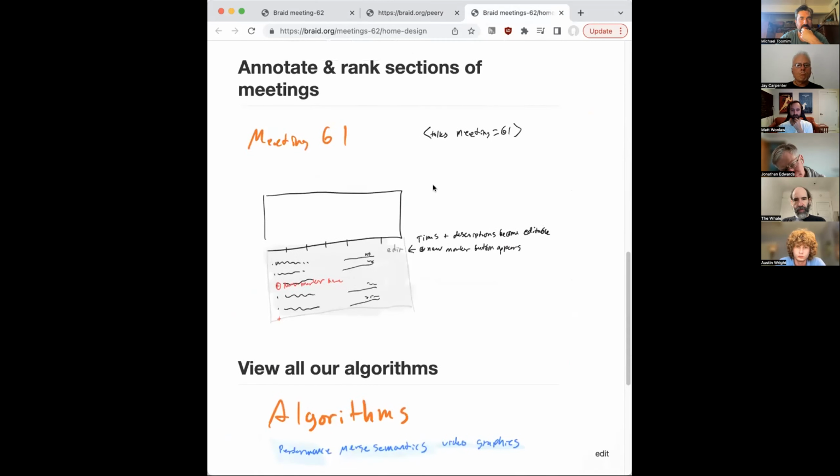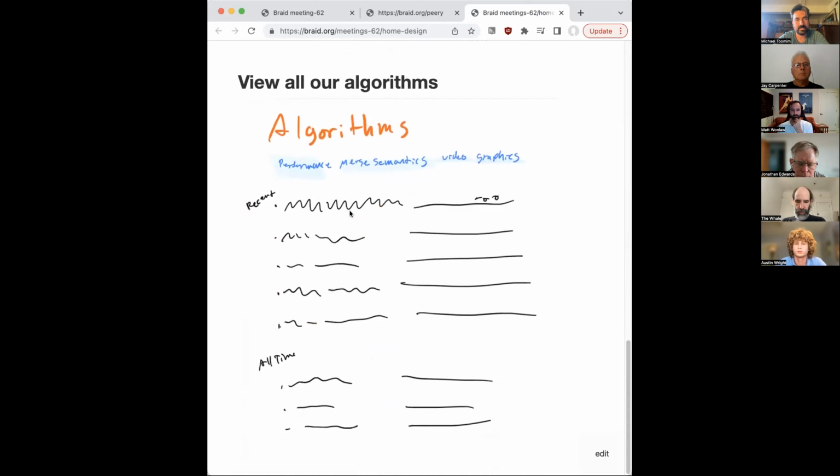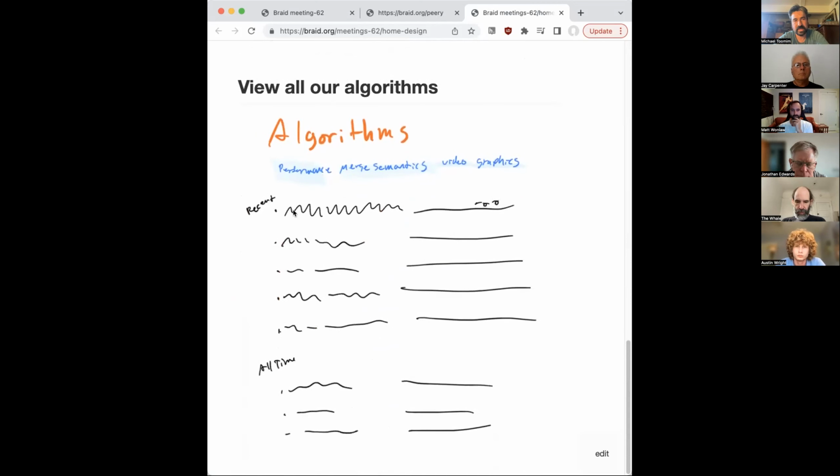And another thing I want to have is for the meetings. On the meetings page, I want to have a little widget, like on YouTube, where you can give timestamps in the meetings and say what the different sections are, and then we can vote those up as well. So that if you come to a braid meeting and you participate in a great discussion and everyone loves it, then boom, it appears on the homepage. And we can make things easier to find. Or you can click into the algorithms and see just all of our algorithms. Maybe they have some tags. Here's all the recent stuff, and here's the all-time best stuff. So that's my rough plan. Any questions, comments about it?